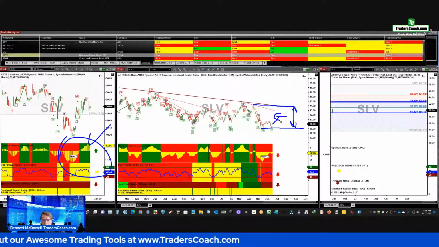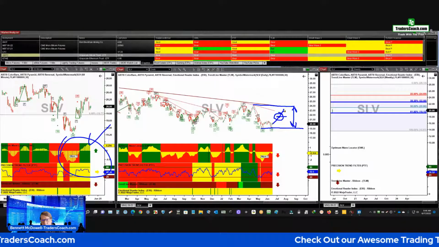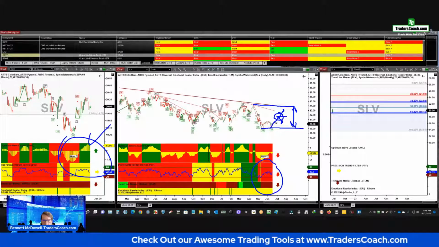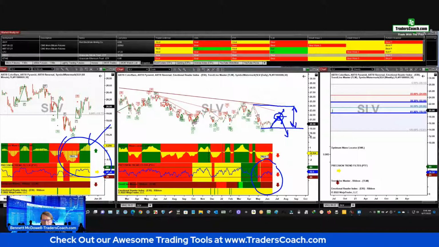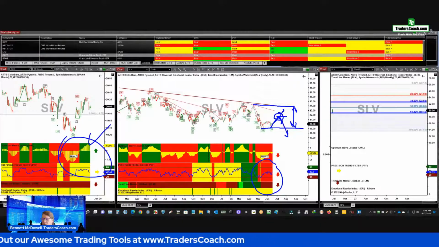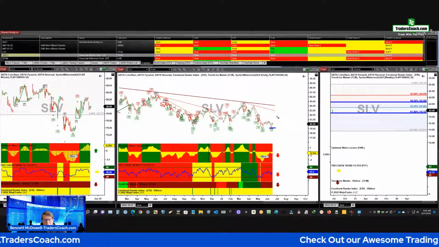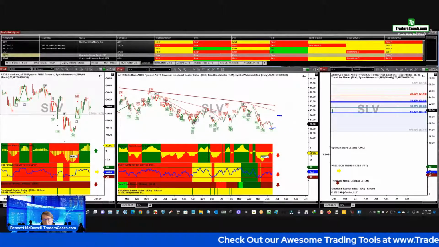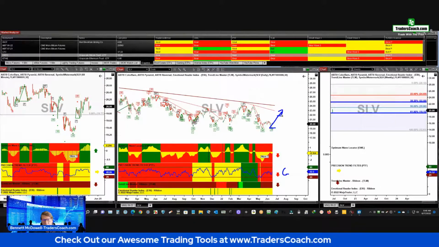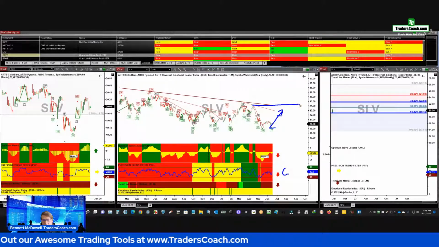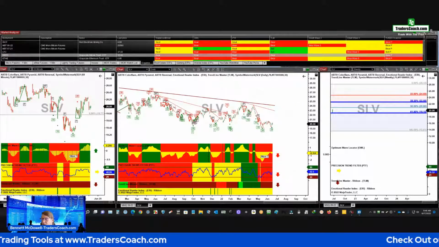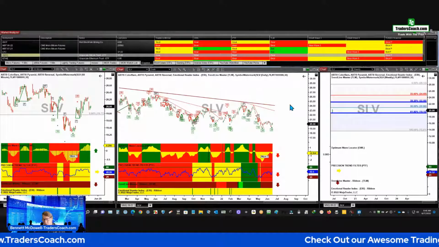The question is, what does the market do when it gets to the point of inflection? Does it go through it or go down? With the red PTF, the probabilities are it should bounce to the downside. Of course, in markets 2 + 2 doesn't always equal 4. In other words, things don't always do as you think. If it blows through here, then it may even turn this green at some point, and that's bullish. Then you've got to see if this high holds. All right, so that's how you kind of use points of inflection for quick analysis.